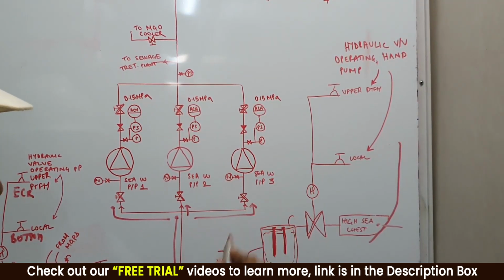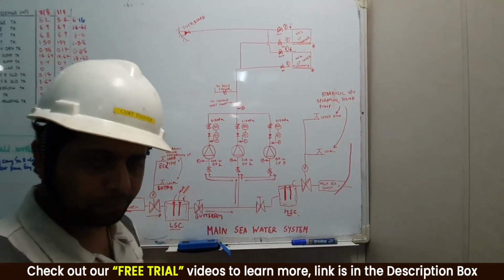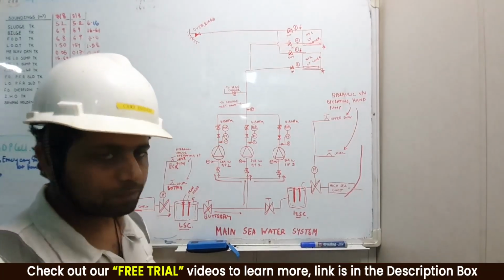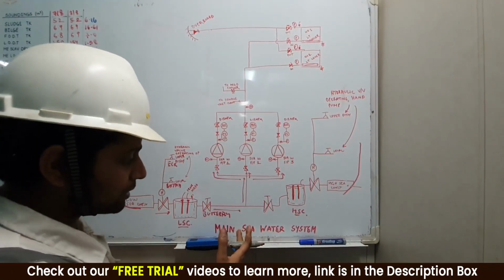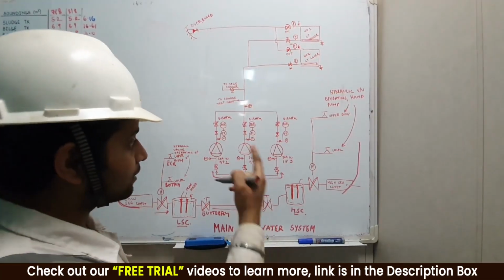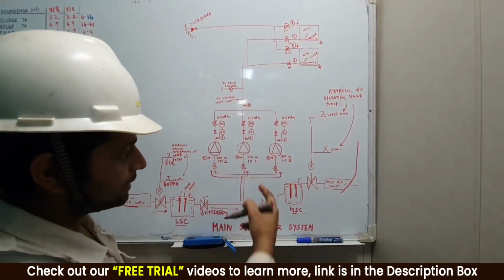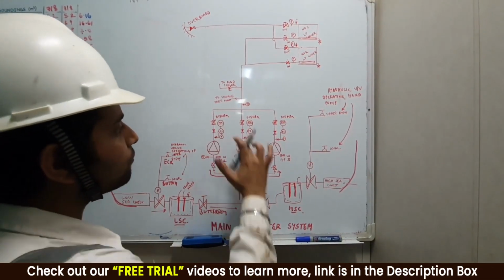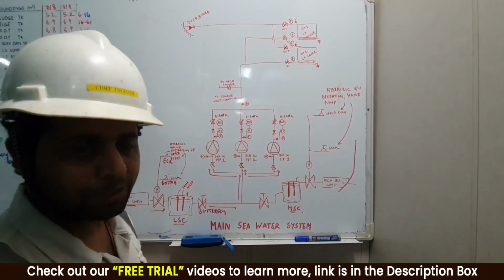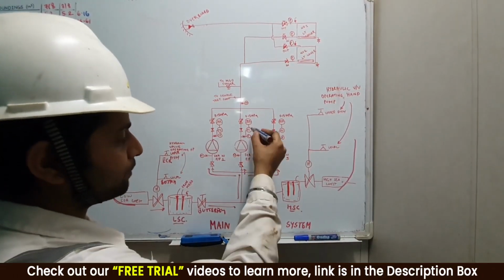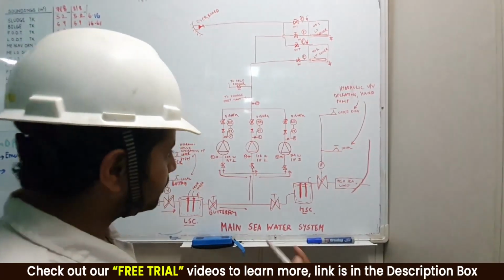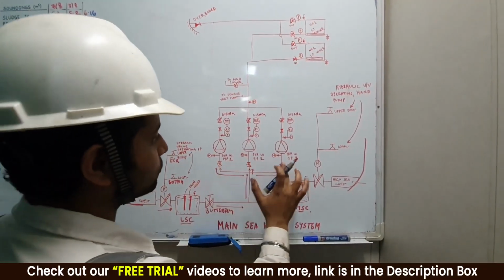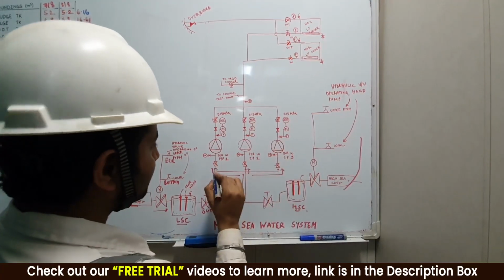Now always remember, normally in a main centrifugal pump, we always keep the suction valve open. We never close the suction valve. Copy it, guys? When it comes to the main seawater system, it is a critical and automated system, which I am going to discuss later. So we keep all the valves of these pumps open all the time. In case one pump stops or the pressure drops, the standby pump should start automatically, right? So this valve is open, this valve is open, this valve is open, and the water is coming over here.